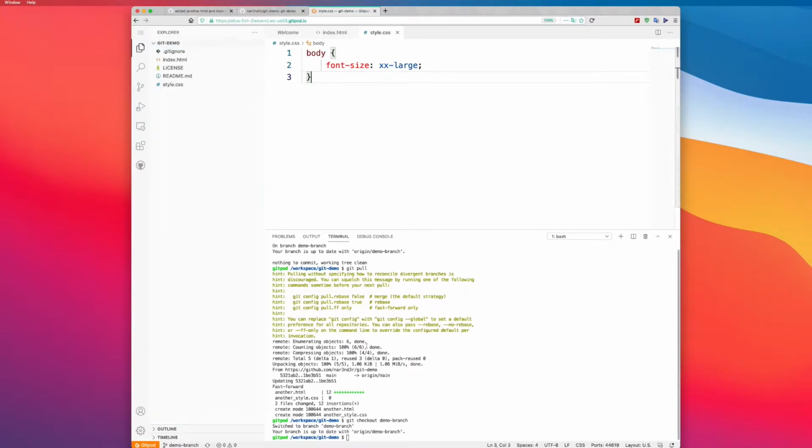All right. Now in our case, once we switch the branch, notice the changes in our code base are gone. Previously we had another index.html and another style.css, but in this case that's not the case. So what we want to do is bring those changes from the main branch to our branch. To do that, we'll simply say git pull, and we can say origin